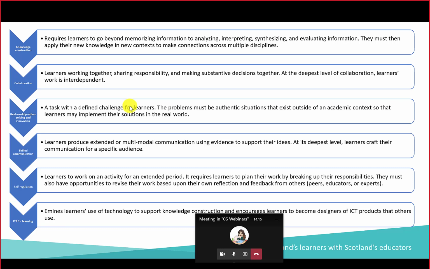So as you can see, we're talking about learners who should be collaborating with each other. And we're going to talk about what each of these looks like. But these are things that we do day to day. So one of the core things, and the reason that I broke it down like this, is that these are things that we all either do day to day or aspire to do day to day